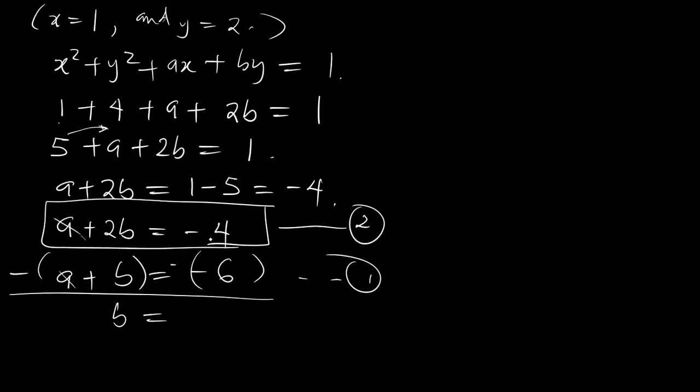So minus 4 plus 6 is 2. So b is equal to 2. Since b is equal to 2, and a plus b equals minus 6, and b is equal to 2,